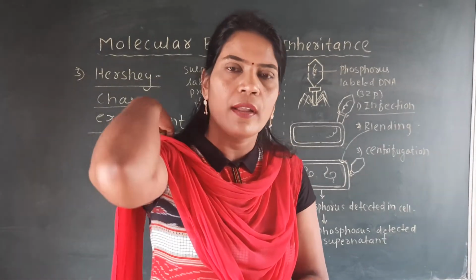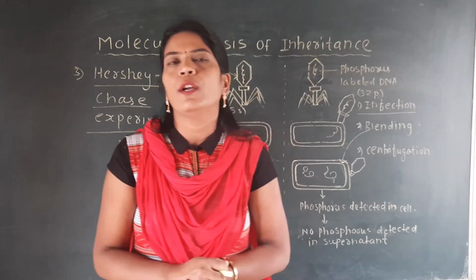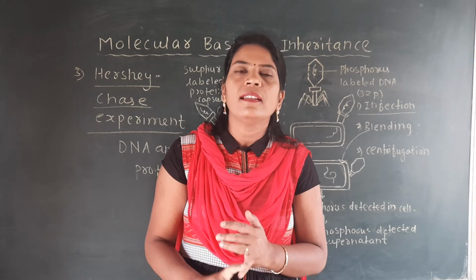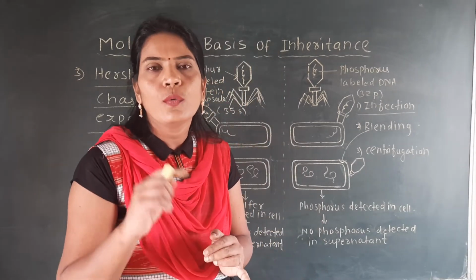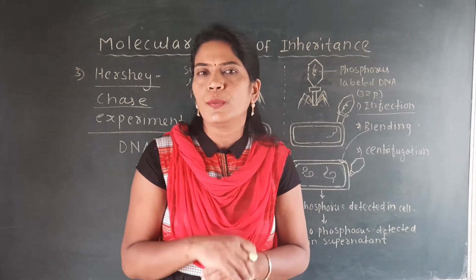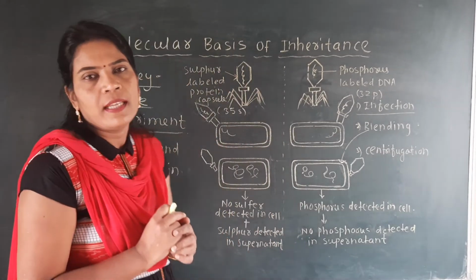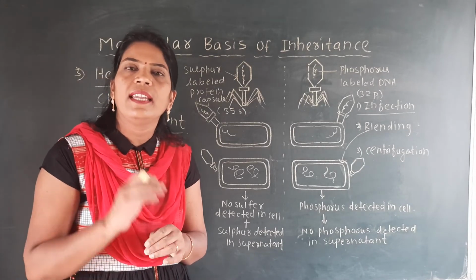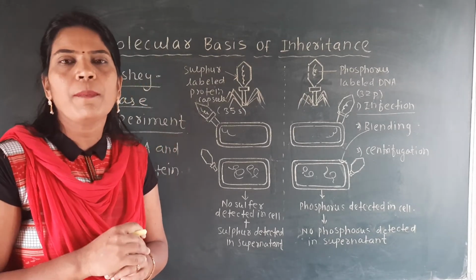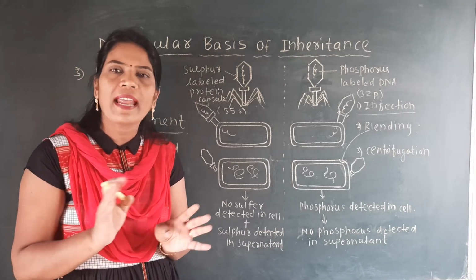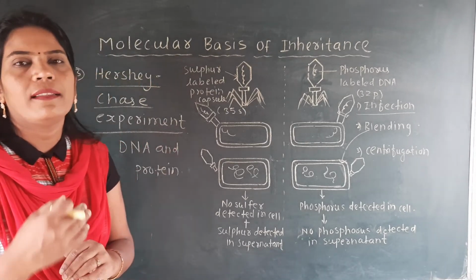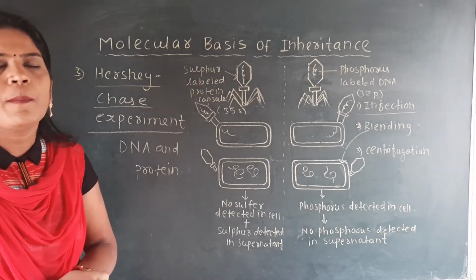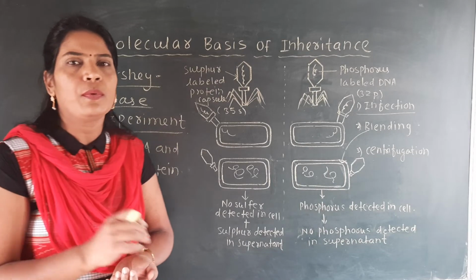at first level. So this is the experiment of Hershey and Chase, and this experiment also proves that DNA is a genetic material. So here we have seen three experiments. First one is the Griffith experiment, who told that the transforming principle is there which converts the R strain into the S strain. Second experiment is that of Avery, MacLeod and McCarty, who also proved that DNA is a transforming principle, but their experiment was not accepted all over the world. And the third scientists, Hershey and Chase, carried out the experiment on the bacteriophage, and they proved that DNA